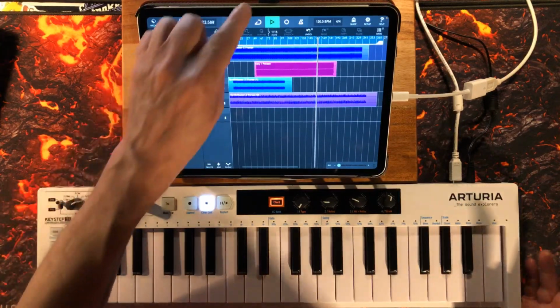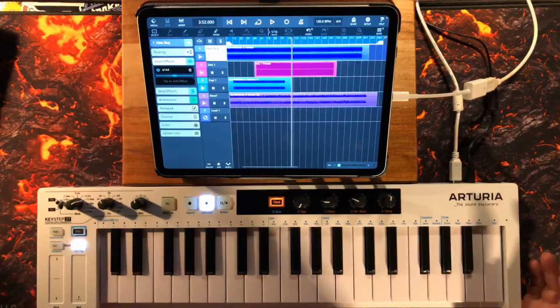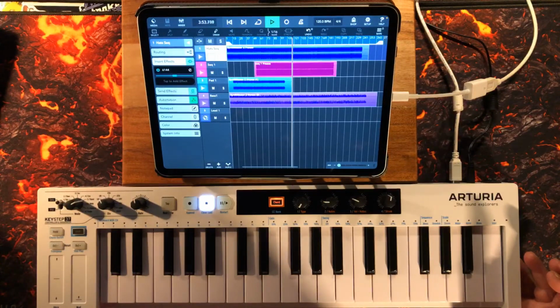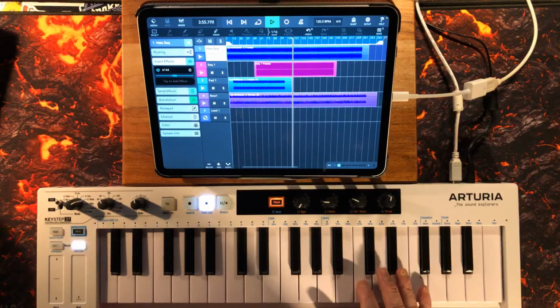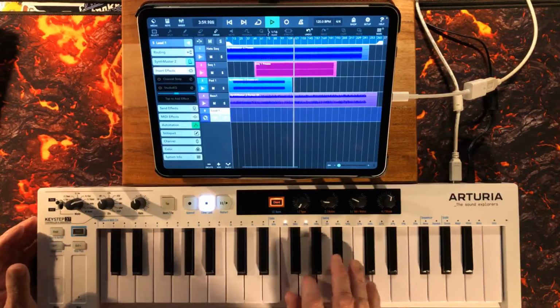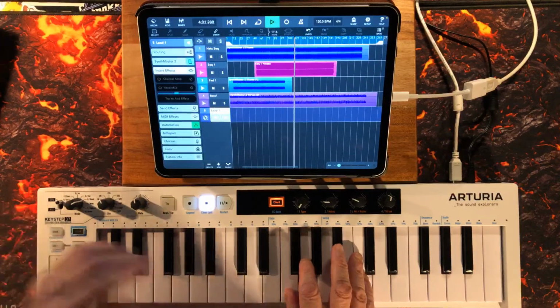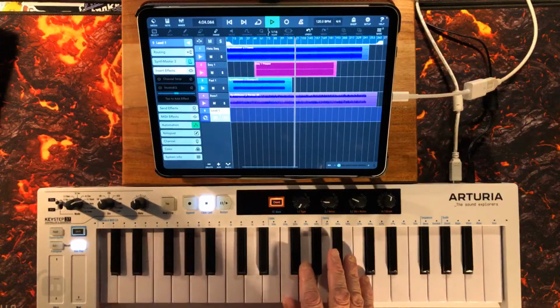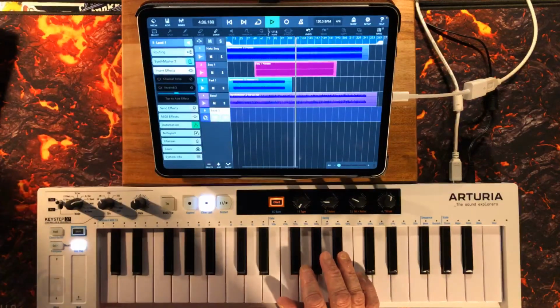So if we go back to about, we'll start to add a little bit of lead. So when the lead comes in,